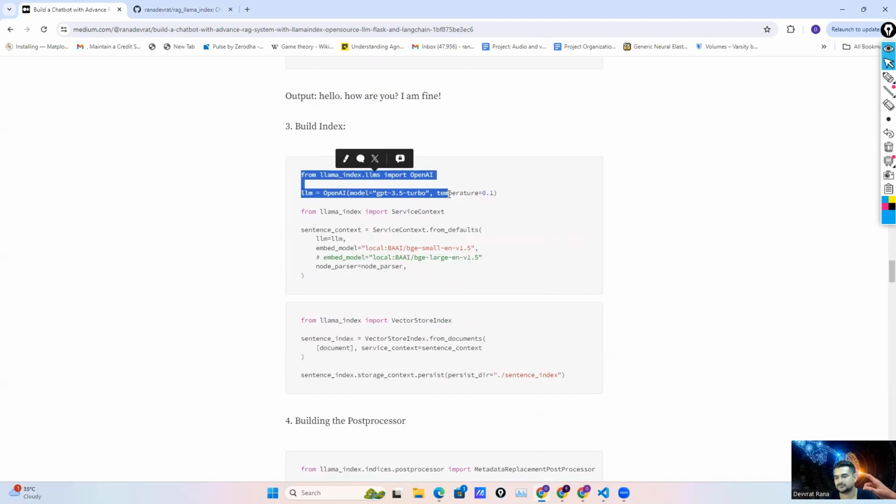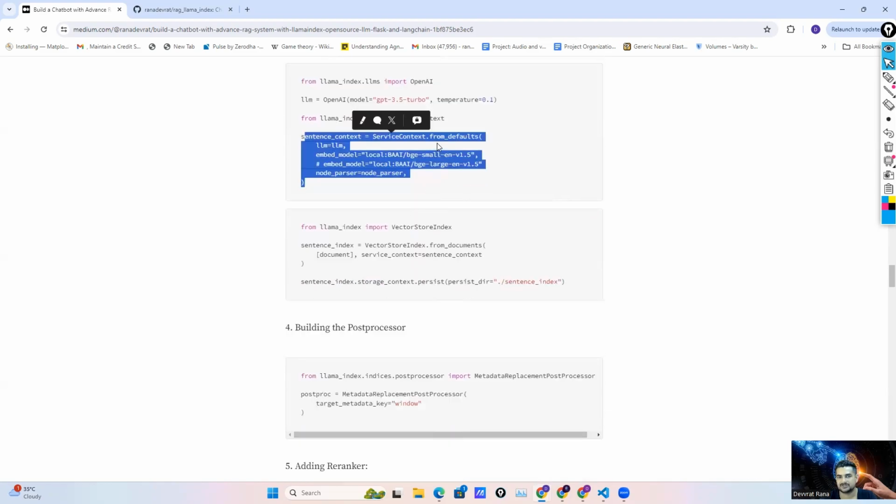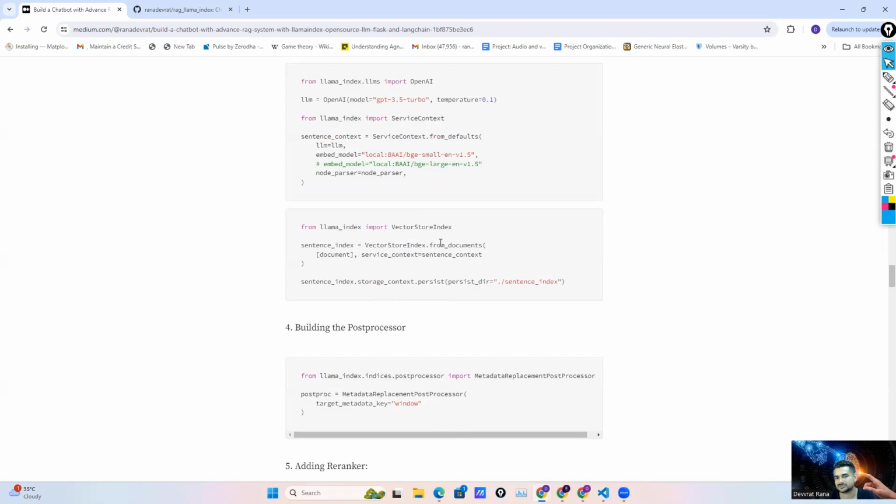I will show you in Visual Studio Code. We are using the local LLM as well. And here we are developing our vector database. You can see here we are creating the service context, then we are creating our vector database. This is the vector store index, the same vector database we discussed in our previous video in LangChain,